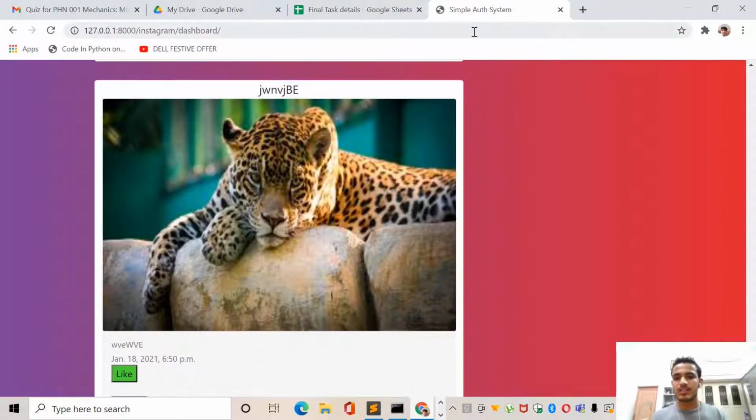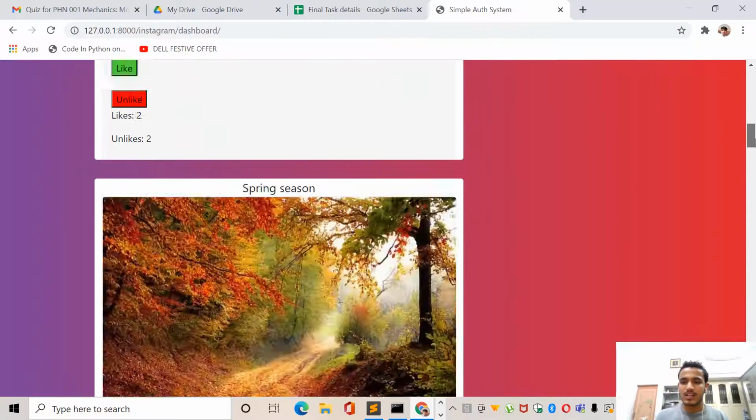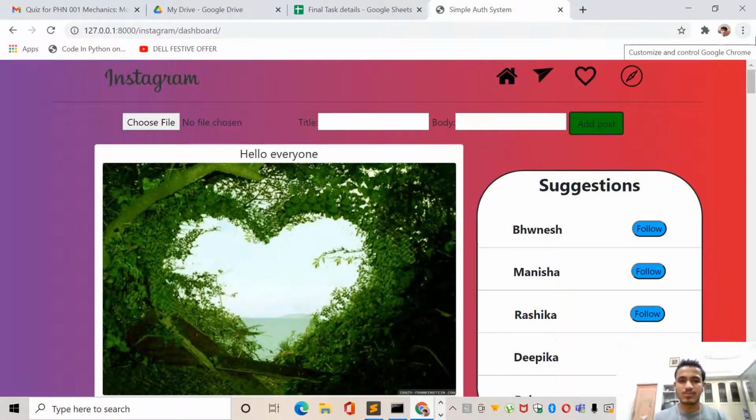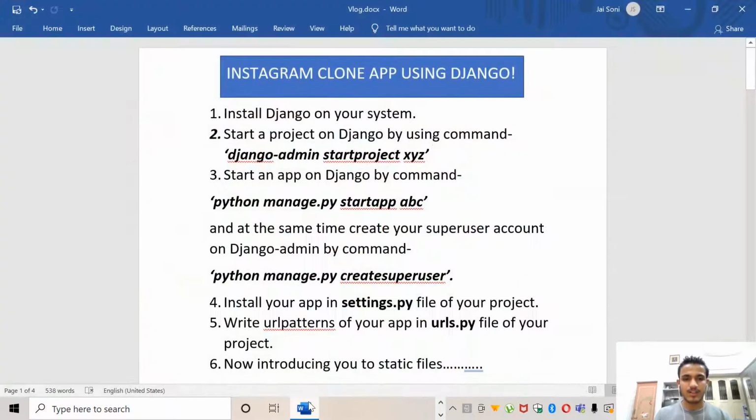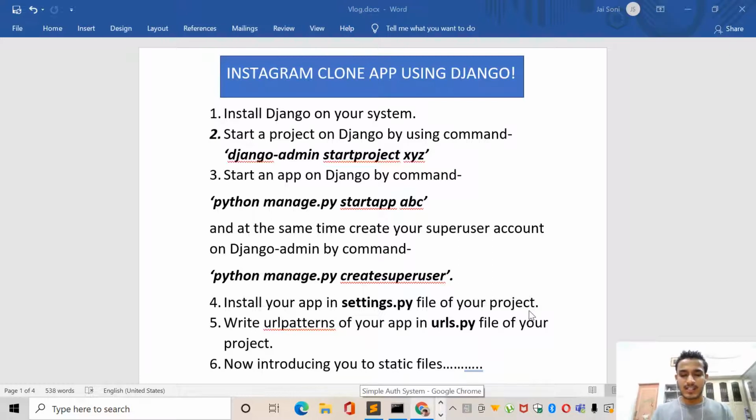Alright, so now I will teach you all how I created this whole login, dashboard, registration page. So here we go. This is a Word document which I have created for you all to give you a better understanding. So first of all, to create this app, install Django on your system. Django is a Python framework. You can easily install it from Google Chrome, and then open your command prompt and write these commands: django-admin